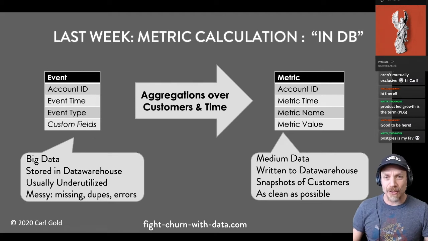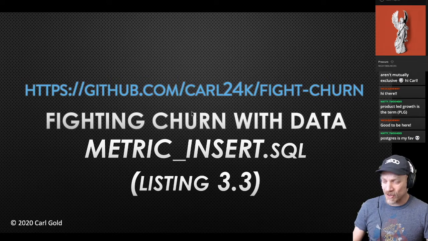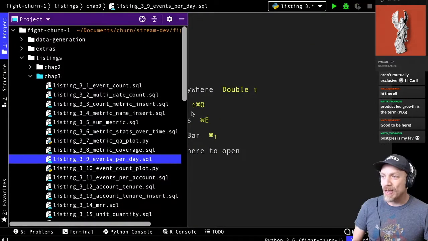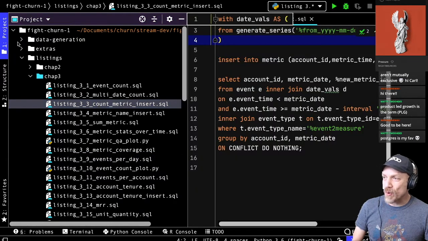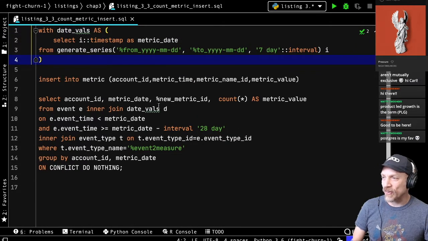So let's look at the code real quick. We'll just do a demonstration of what calculating metrics is like by going to the PyCharm IDE. And I can show you one of these SQLs. This is the basic metric insert SQL.